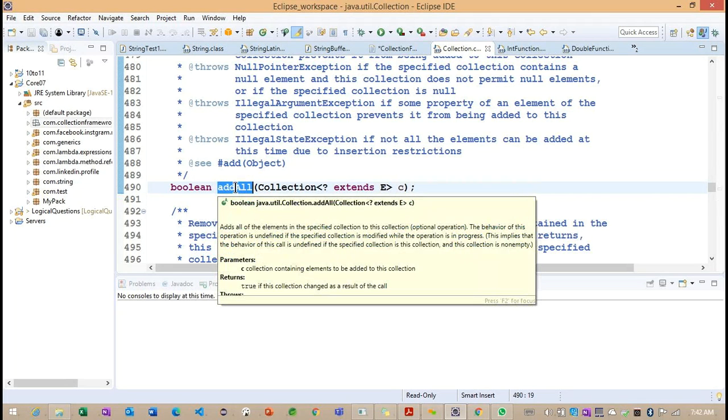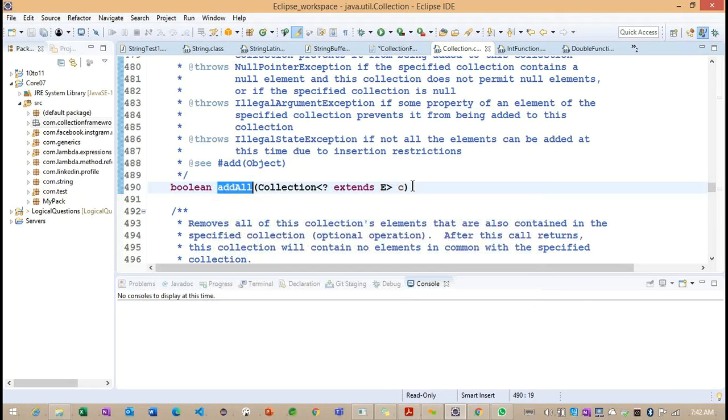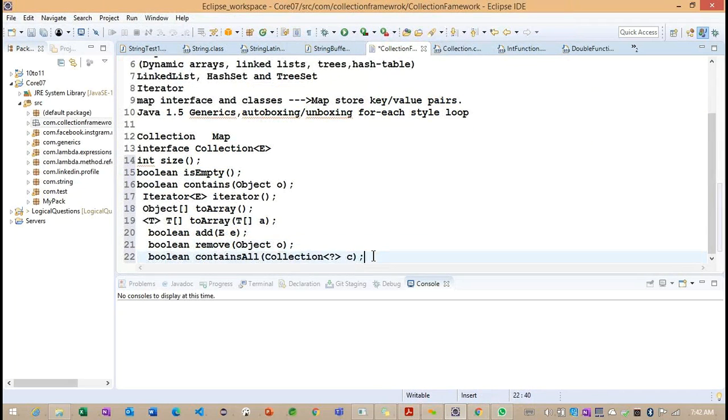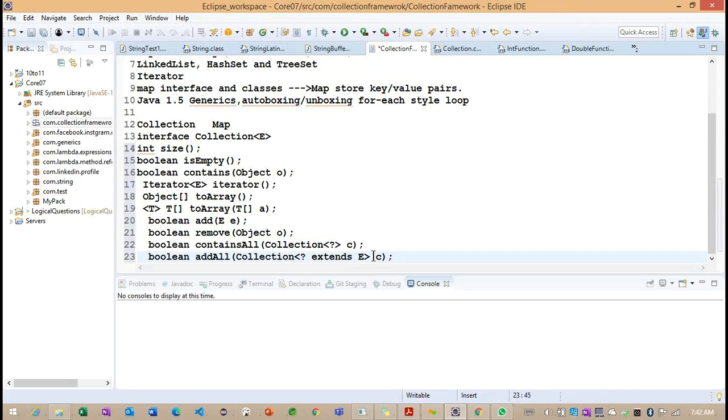But now we need to focus on the addAll method. So what is the purpose of this addAll method? Basically, it will try to add all the elements, whatever elements we pass as a parameter. Getting the point? And can we pass two values like a string and an integer? Can we? Okay, don't worry as of now. Once these methods are completed, whatever queries you have, we'll see practically whether we can add or not.